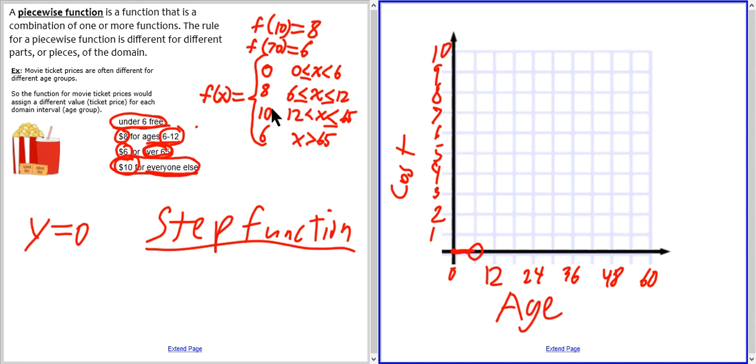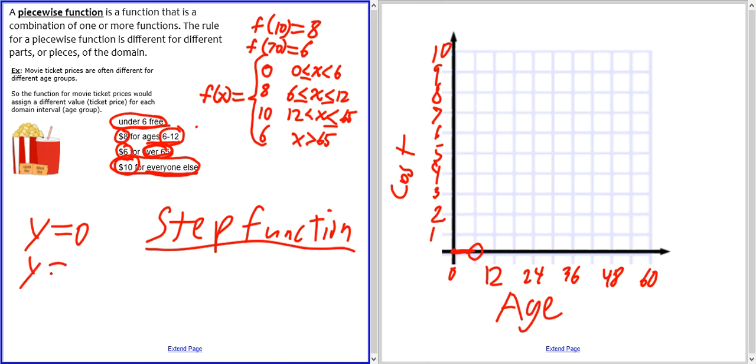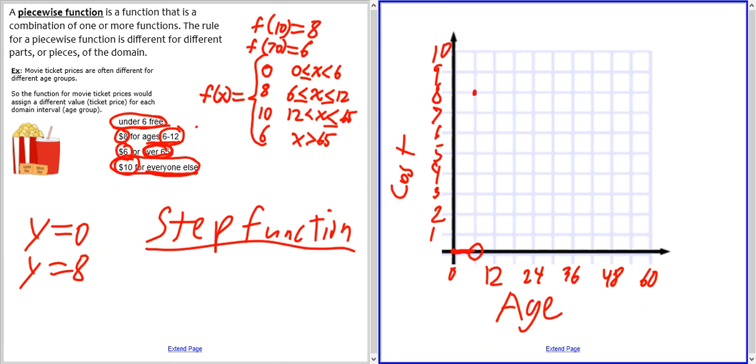Then the next piece is when x is between 6 and 12, and the value of the function there is 8. So this is like graphing the line y equals 8, but again, only for those x values from 6 to 12. Starting when x is 6, it's a closed circle because of the 'or equal', and it goes along y equals 8, that horizontal line, until I get to 12, and then you see another closed circle because it's included when x